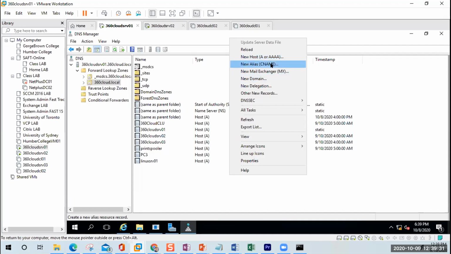Then we have the alias record, which is the CNAME record. A CNAME record is only used if you need to refer to a computer by another name as well. So what are we trying to understand? We are trying to understand what an alias record is. An alias record is just a nickname for the record. For example, in the real world,